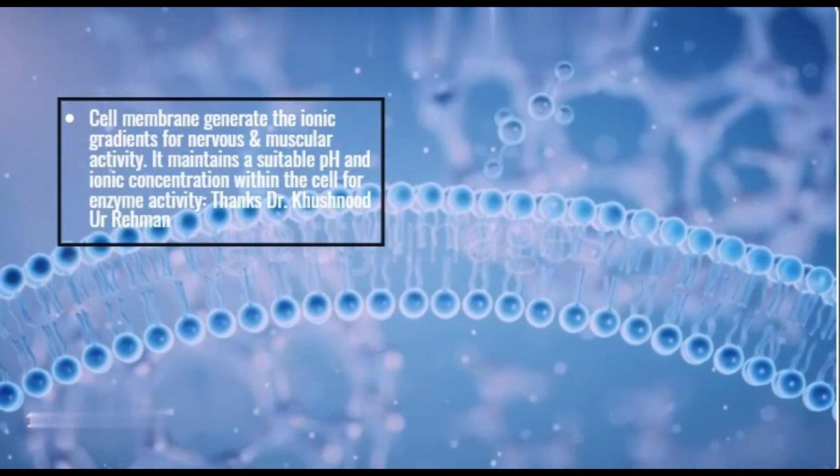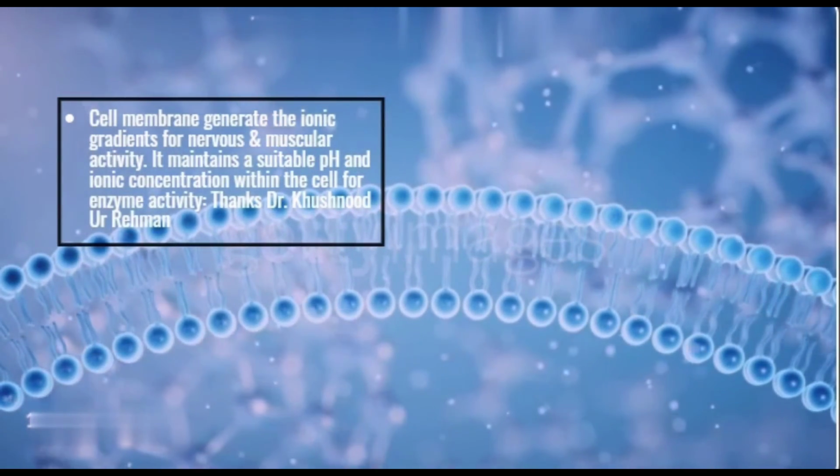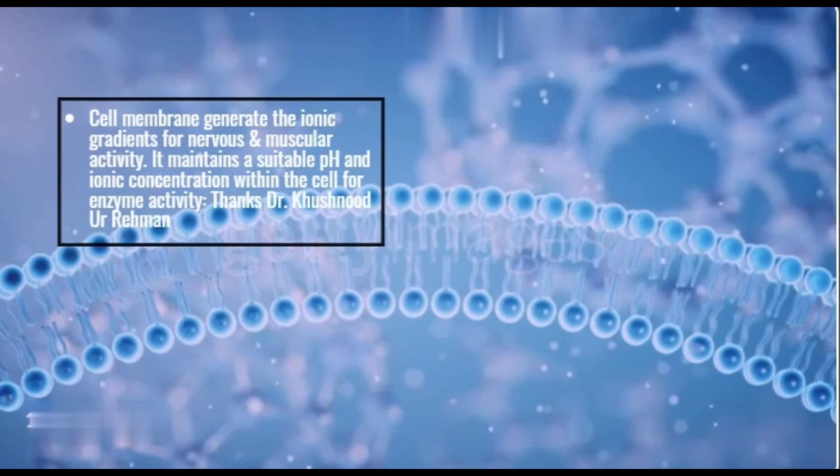Cell membranes generate the ionic gradients for nervous and muscular activity. It maintains a suitable pH and ionic concentration within